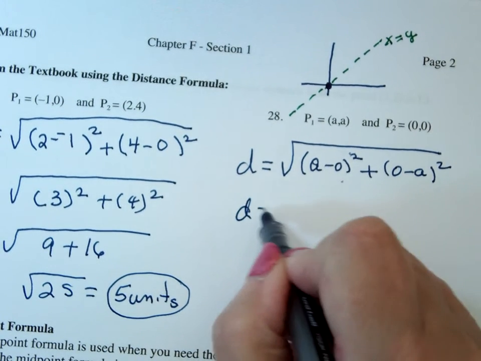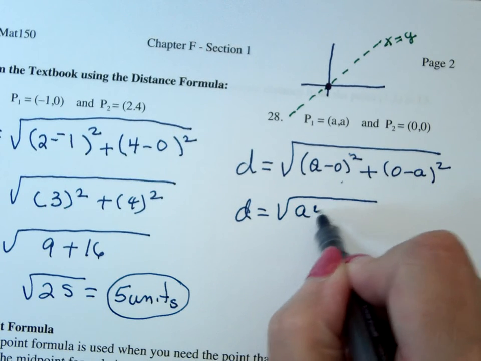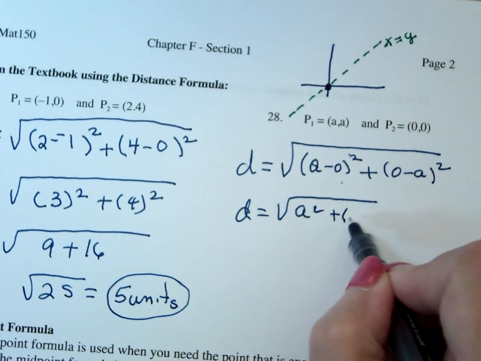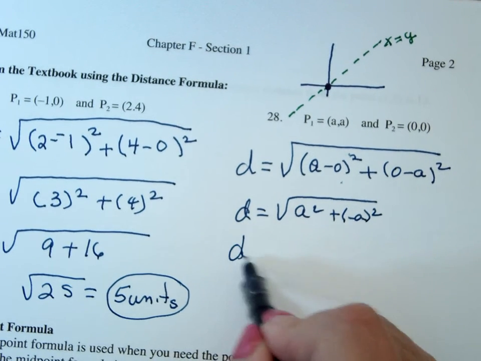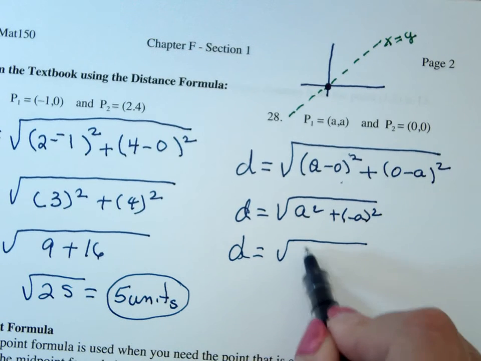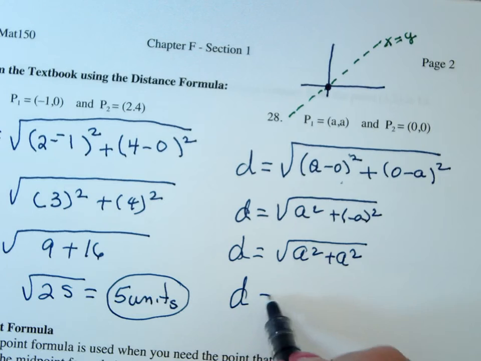So d is equal to the square root of a squared plus a minus a squared, or d is equal to the square root of a squared plus a squared,